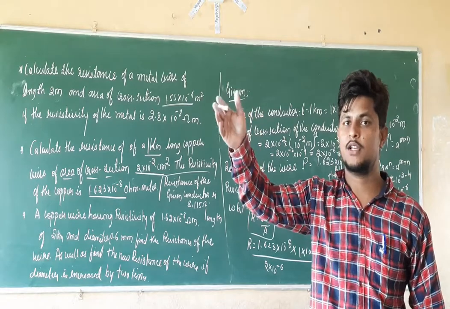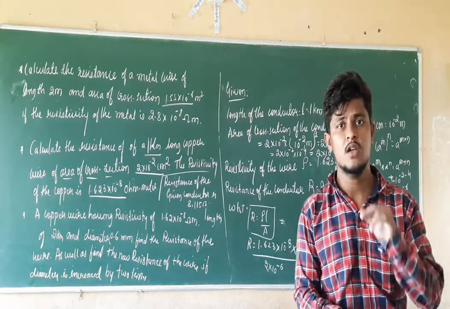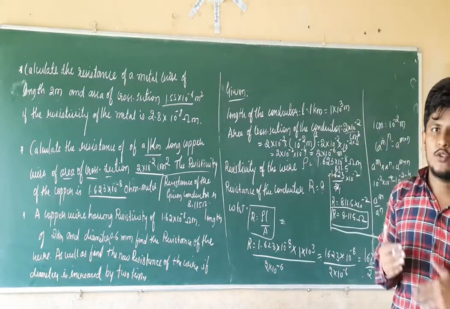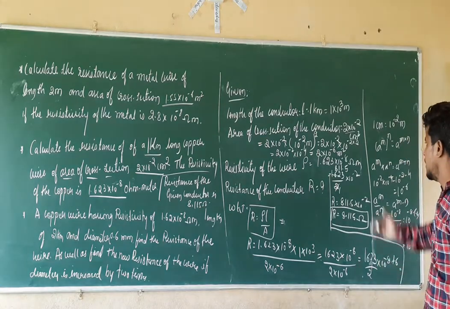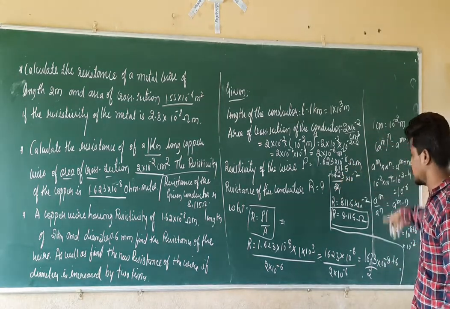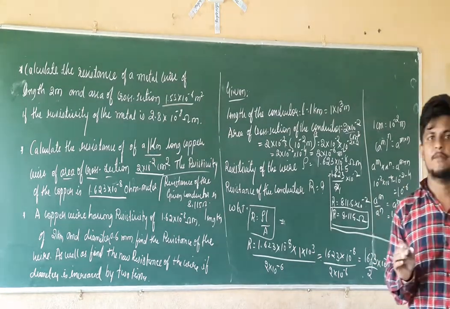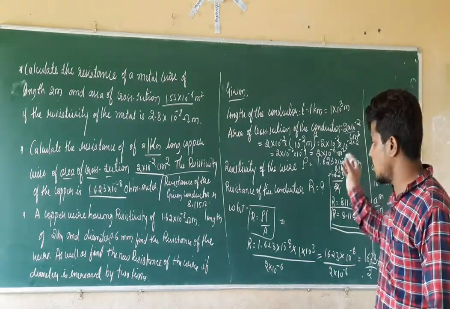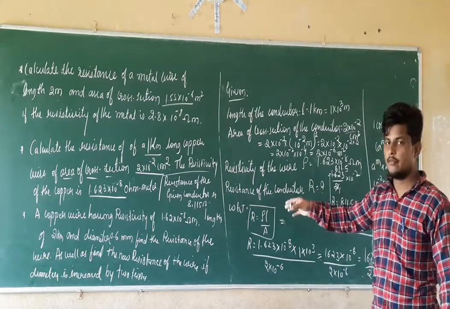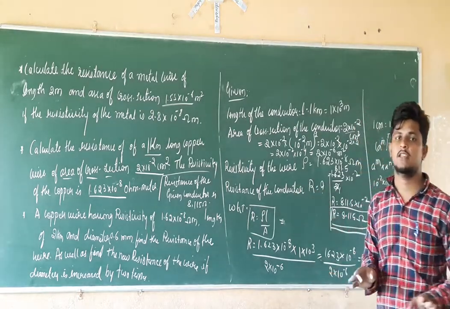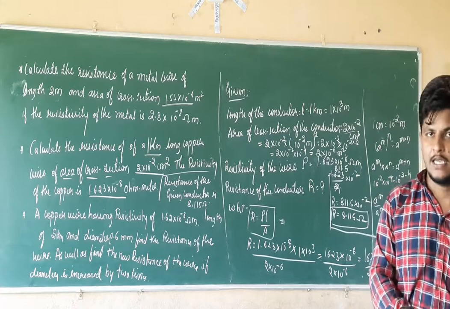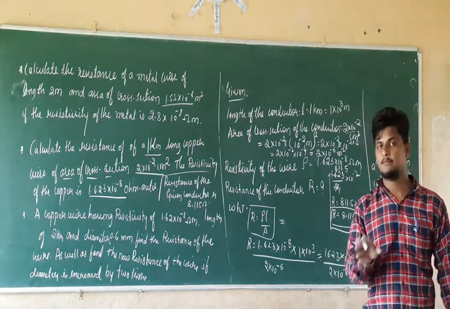That is, 1 kilometer is equal to 1000 meters, which is 10 raised to 3. You should remember those things, as well as how to convert them using this formula. At last, you should know the basic calculations also. If you know all those things, this type of problem in the electricity topic is very easy, very easy. So this is about the second problem.